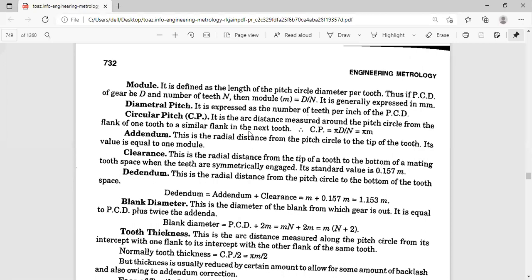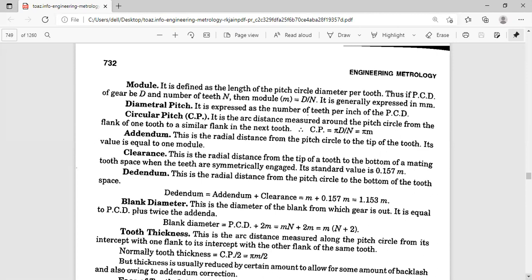It is the line joining the crest and root. What is crest? It is the highest peak. Here also you can say the highest point or the topmost position of the tooth. And what is root? It is the bottommost position of the tooth space. So you have to see that. Flank is very important, and the flank definition is also very important.